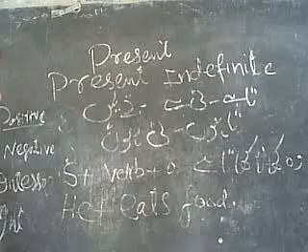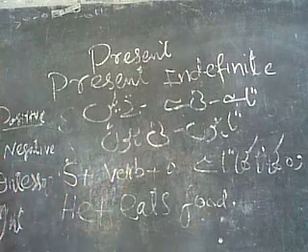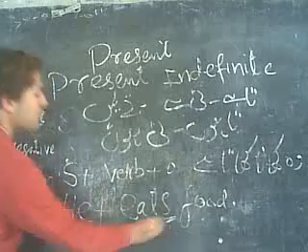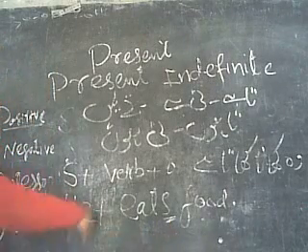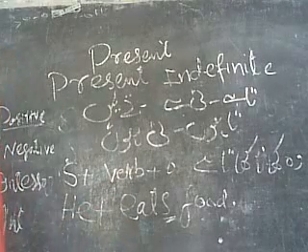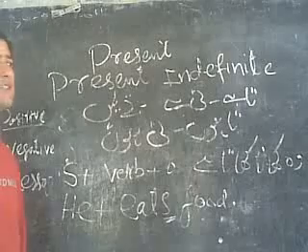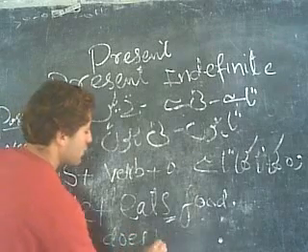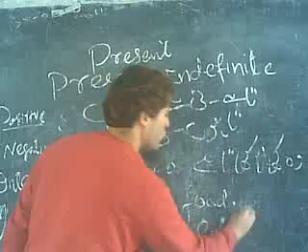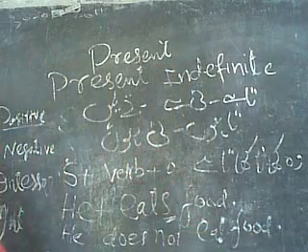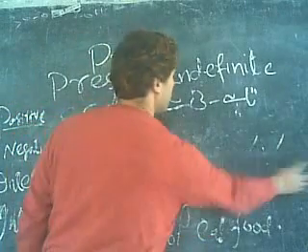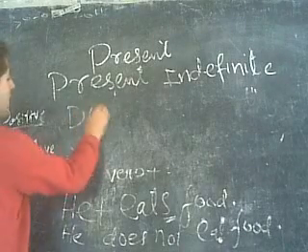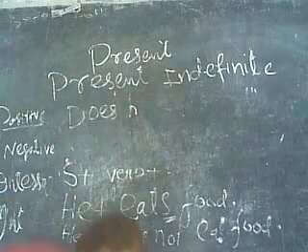Now we can apply the formula here: subject plus do/does plus first form of the verb and then object. That means he does not eat food. When we use does, we do not add s or es to the verb form. So we can say he does not eat food. And when we make a question, we say does he eat food? And when we make an interrogative negative, we say does he not eat food? So this was the negative, he does not eat food. Now the interrogative sentence. Does he